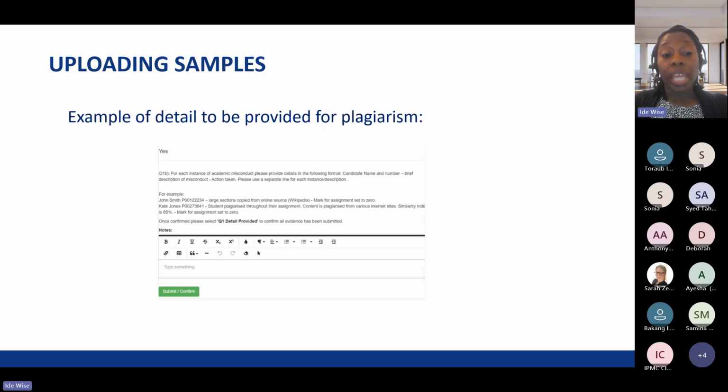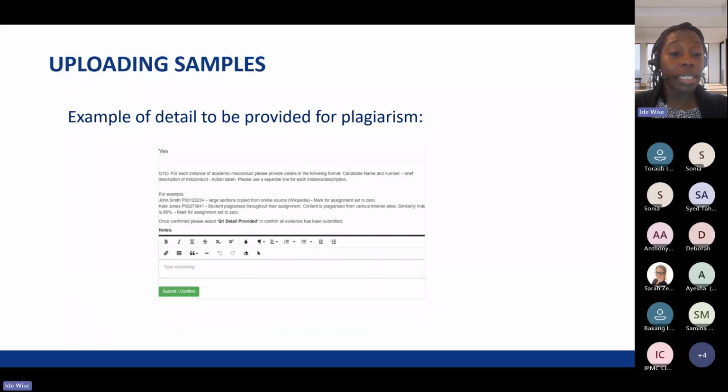What we are then looking for in the detail is the candidate's name, or names, that were involved, the candidate ID of the student or students involved, what was the nature of the misconduct, and what action you took. In this example, the centre has answered yes, and we've got the candidate's name, John Smith.